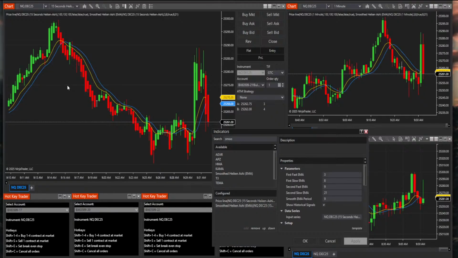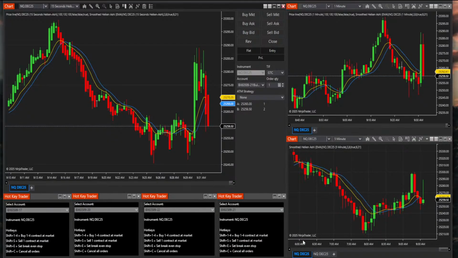So when you use Heikin Ashi, what I've done for the code, as you can see here, it says first and second. These are the EMAs, okay, and I'm using 3, 8, 9, 21, and then I'm using a smoothing EMA period of 9. This smoothing period of 9 takes 9 bars back on a 15-second chart and gets the average of the smooth. Now, this right here, the yellow line,